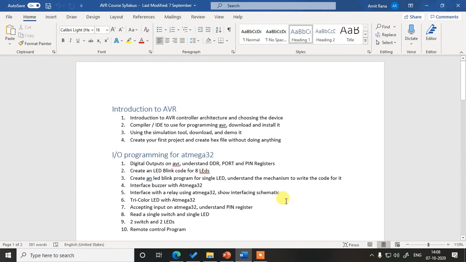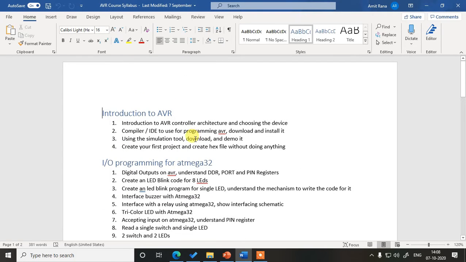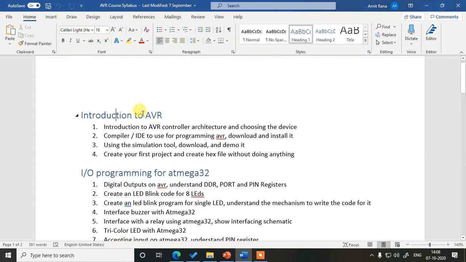This is a curriculum that I have created for this course, and it is divided into several chapters. First is Introduction to AVR Controllers, where we will be studying the architecture of the AVR controller, and we will choose a particular device out of the AVR family.